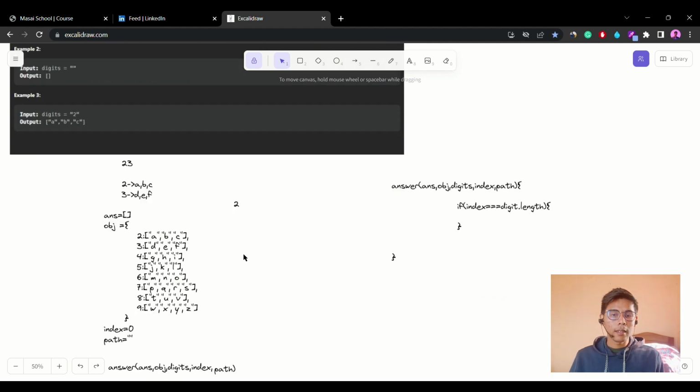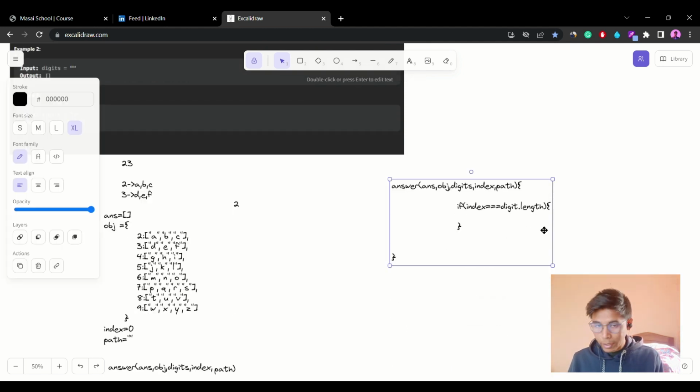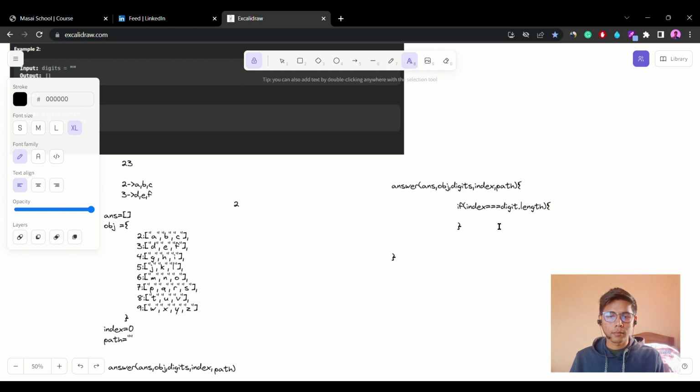In that scenario we have to push the path: answer dot push the path. That's not everything, guys. Now we have to check another condition, the main thing, the for